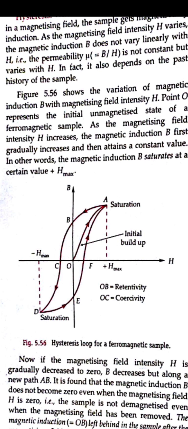Now when it comes to the saturation point, the magnetization starts building up through the curve, as you can see from F to A. After getting to A, it will be totally magnetized. After the saturation point, it cannot get more magnetized, so it cannot increase. So on decreasing the value of H, the magnetizing field will decrease, that is, B's value will decrease, but it does not come to zero.